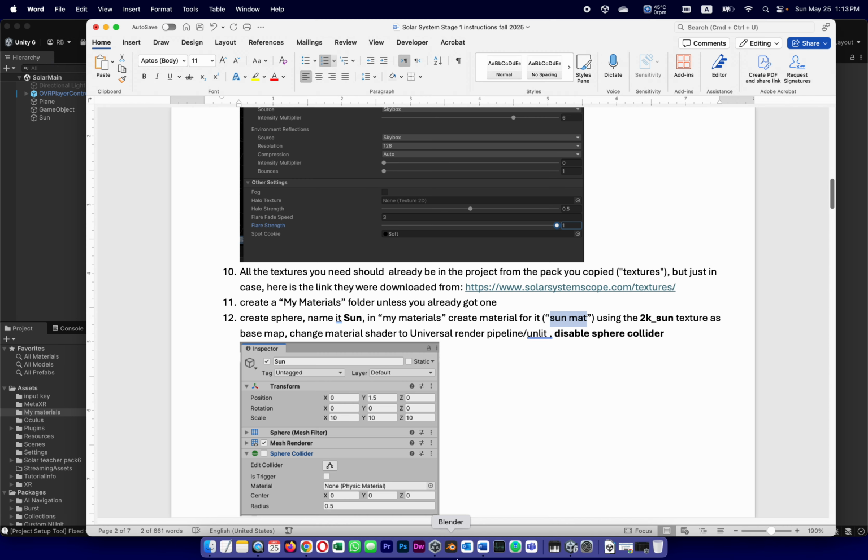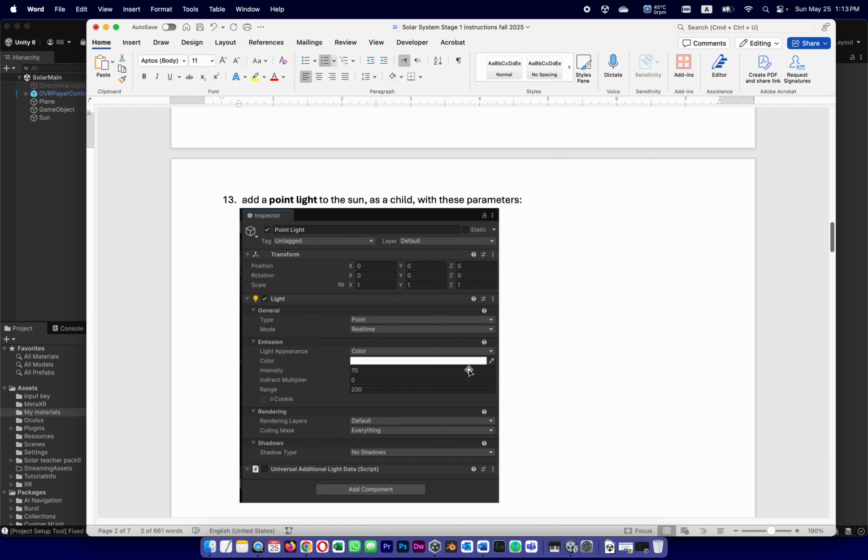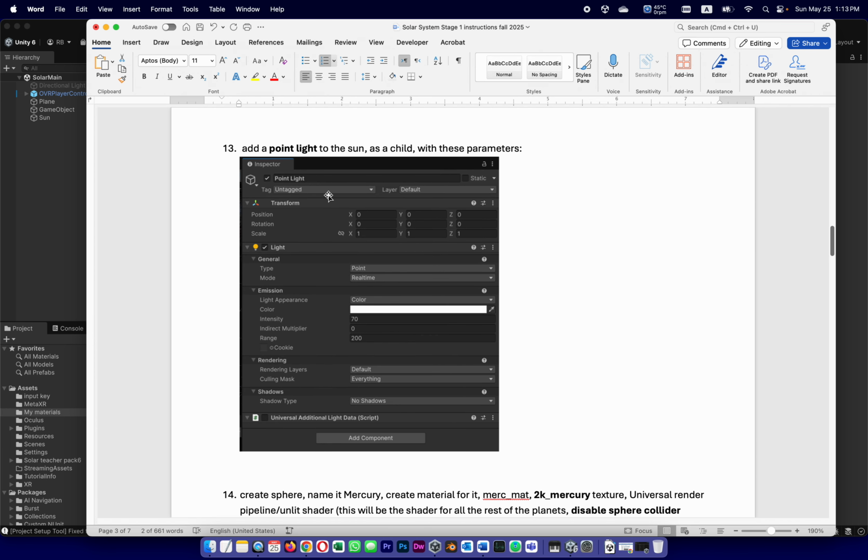Save. Let's see if there's anything else. And of course, disable the sphere collider. So we just did step number 12. To finish off the sun, I'm going to add a point light to the sun as a child with these parameters. So,